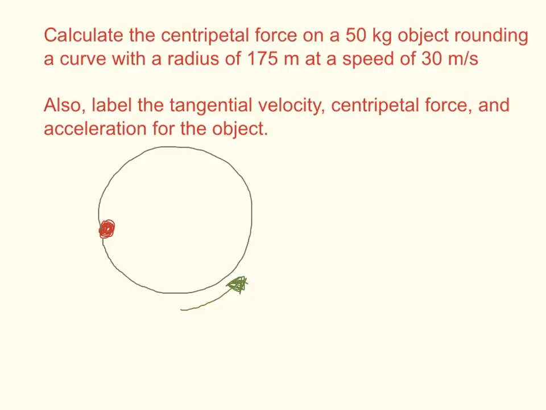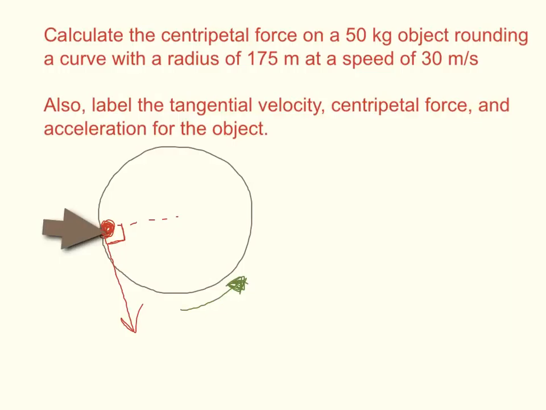So if my object here, we have our mass in red, the tangential velocity is simply going to be, again, tangential. What tangential means is it's perpendicular to the radius. If I were to draw a radius to the center of the circle here, it forms a 90-degree angle,